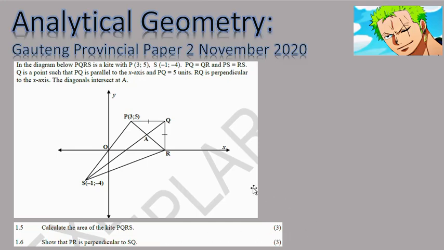So here we have this question. It says, calculate the area of the kite PQRS. Area of the kite PQRS. Now, I'm not going to do the whole area here. I'm trying to save time. But I am going to show you how you find it. And after I show you, trust me, you will be able to find it. Right? So, now this area of a kite,